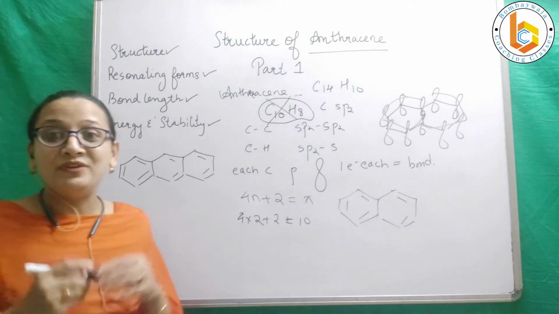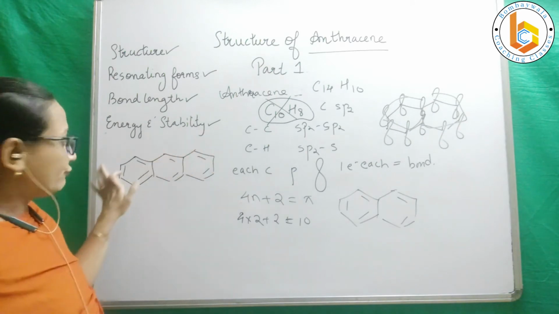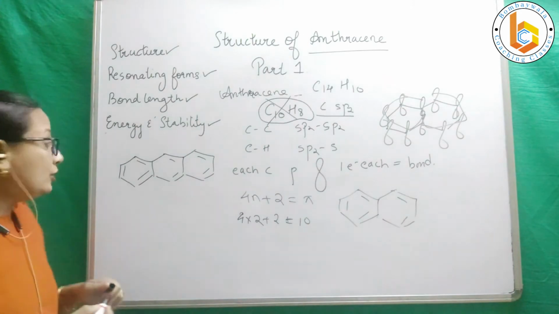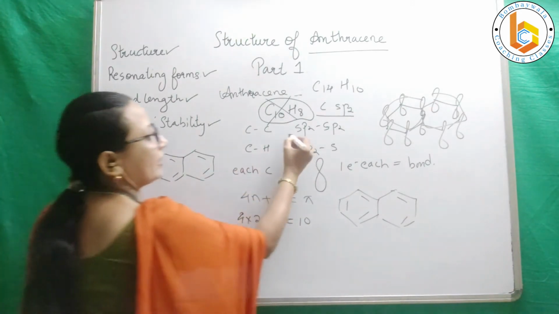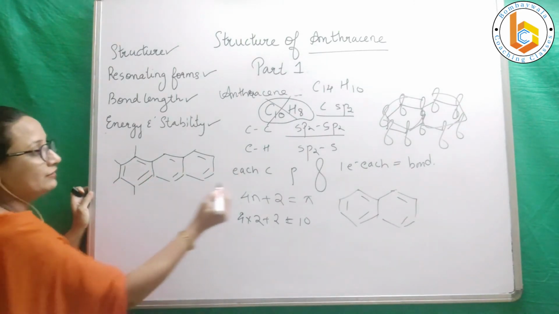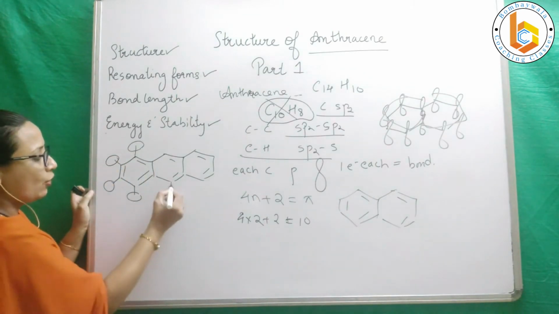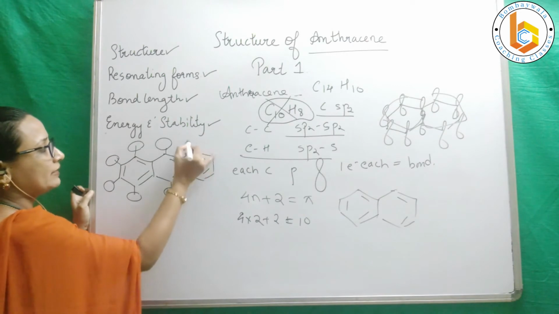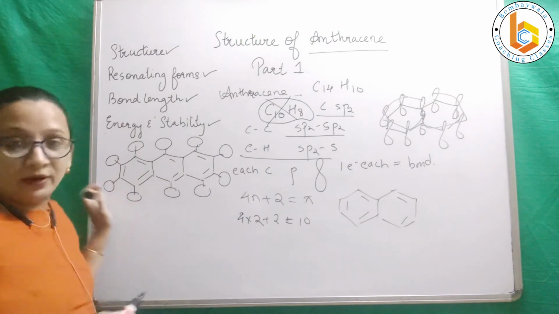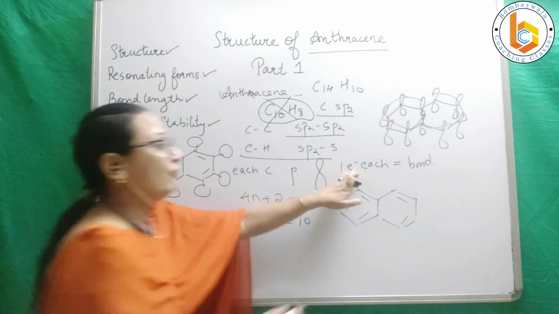Now see how we are understanding it. We've just changed the formula. See now. All the carbons are, of course, because they are double bonded, all sp2 hybridized. All the bonds between carbon and carbon are sp2-sp2 bonds. All the bonds between carbon and hydrogen are sp2-s overlap. All of them, right? It is because of carbon hydrogen overlap. All the carbons contain p orbitals which contain 1 electron each.